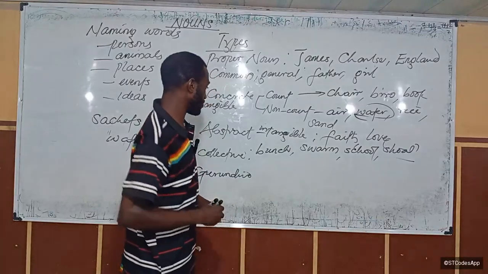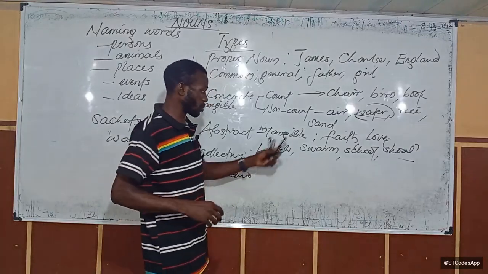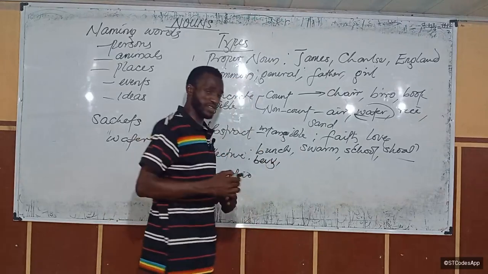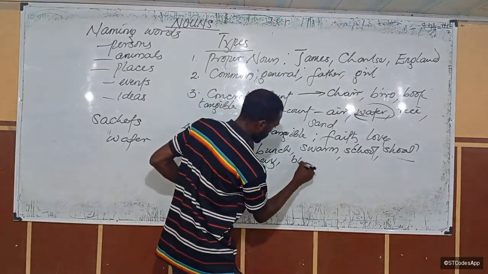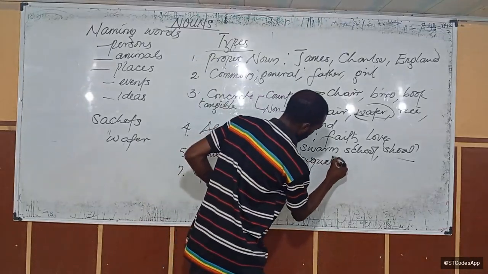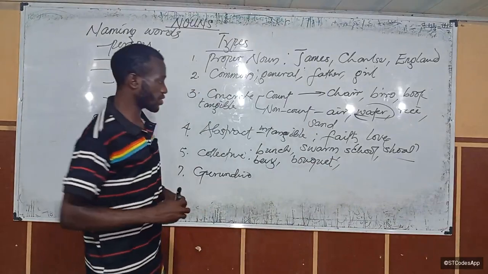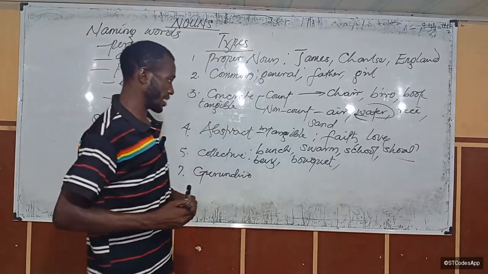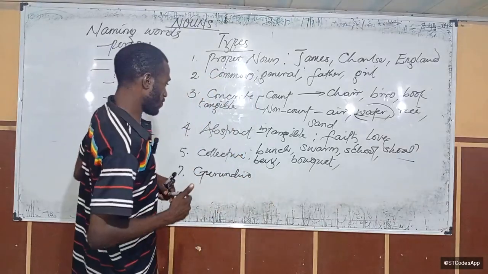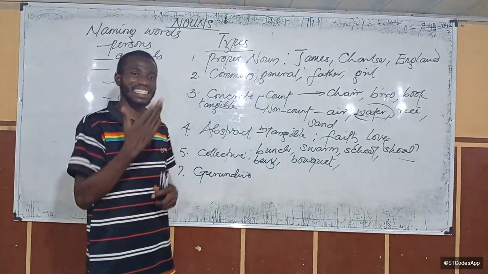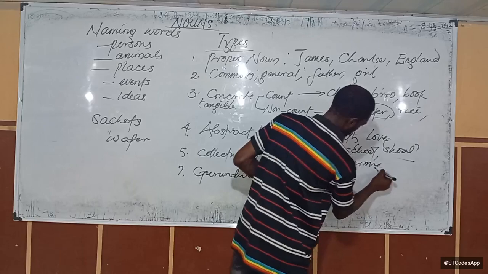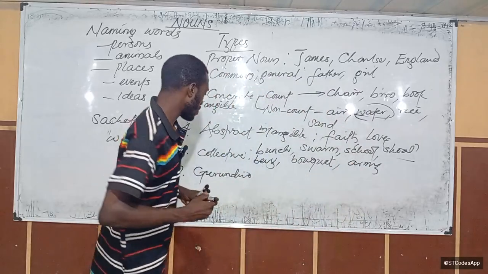We also have a bunch, a swarm, a bevy of ladies, a bouquet of flowers, and so many more like that. A basket of fruits. Is that okay? A gang of thieves, an army of soldiers, etc. All right.